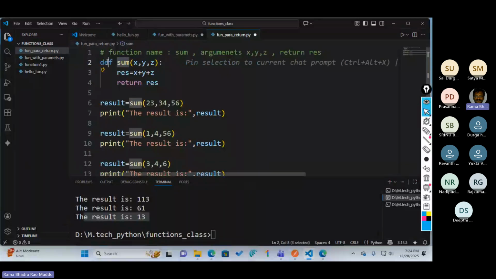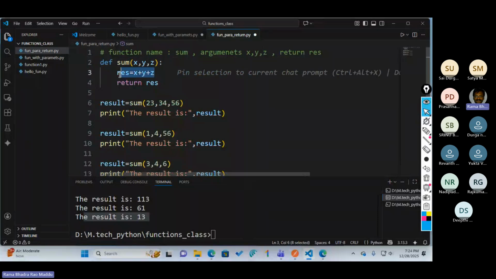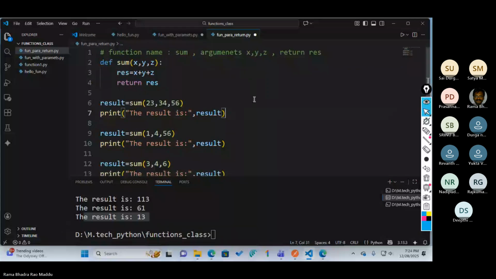Function name, def is the reserved word, and x, y, z are the arguments or the parameters. Our function code is this. To understand, I wrote one line functions, but in real time, you can write any lengthy function, maybe 100, 200, 1000 lines. But to understand, we are writing 1 line, 2 lines of code. Next important is function with return value. Just now we understood. Next, types of functions in Python.